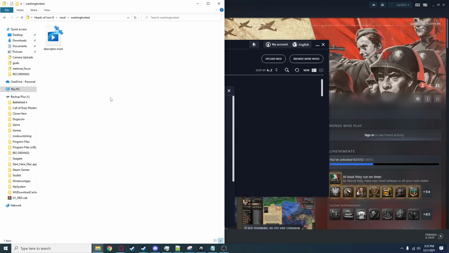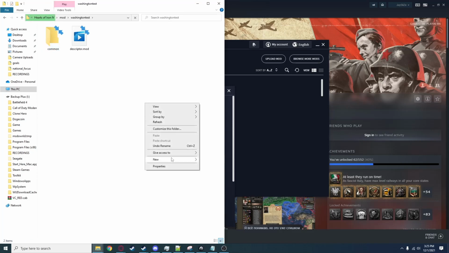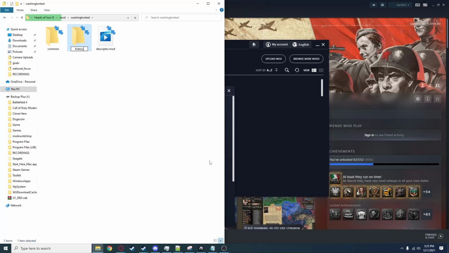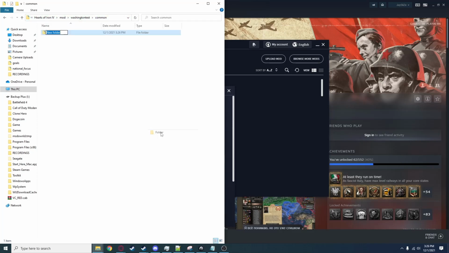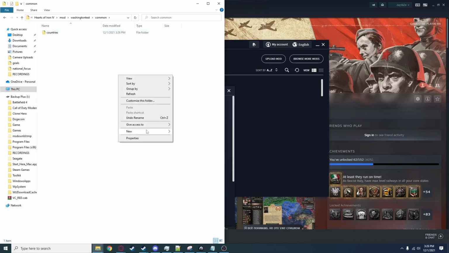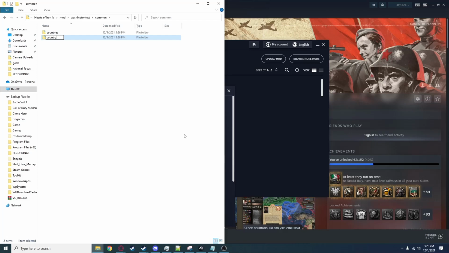Here's our descriptor. So now what we're going to do is we're going to make 3 files. We're going to make one common. We're going to make another called history. And we're going to make our final one called localization. So first we're going to go to our common. And we're going to make a new folder called countries, and we're going to make another one called country underscore tags, and these are going to be our 2 folders